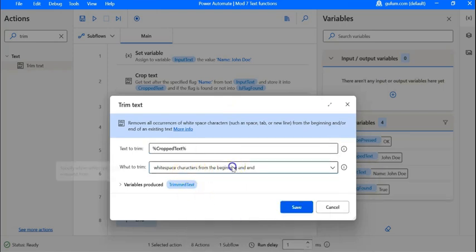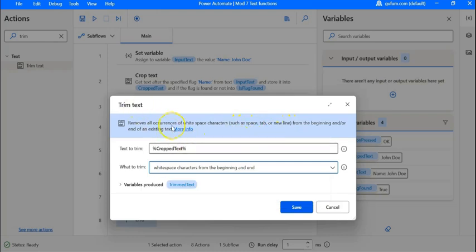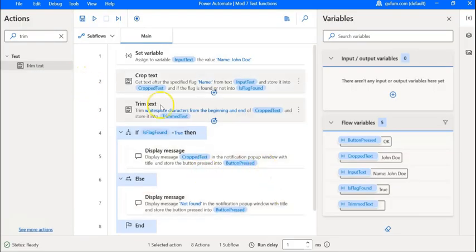What this does is it has three options: any white space characters from the beginning, end, or from the beginning and end. What are white space characters here? White space characters like space, tab, or new line. Those get removed using the trim text function. The output is stored in a variable called trimmed text. And this time we will go ahead and